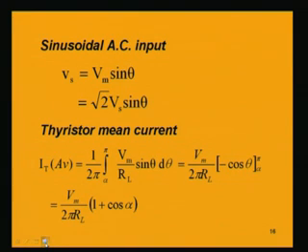So, now if we want to find out what will be the values of the voltage, current, etc., we have to now mathematically proceed, and we have to use the expression for the input voltage, which is a sinusoidal voltage, which is expressed by Vm sin theta. Theta is equal to omega t. So, the sinusoidal AC input, which is Vs, is equal to Vm sin theta, where Vm is the peak value or maximum value of the voltage,